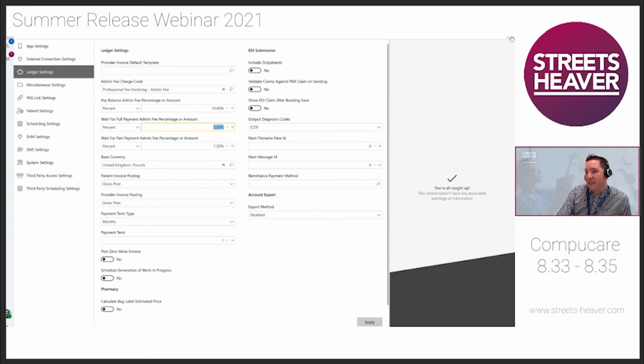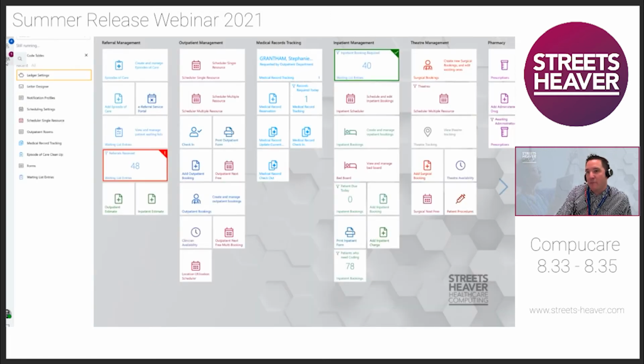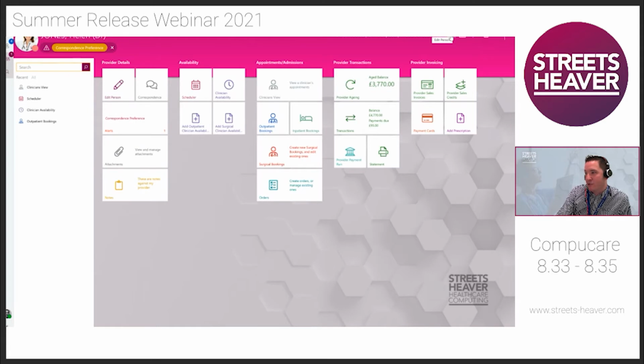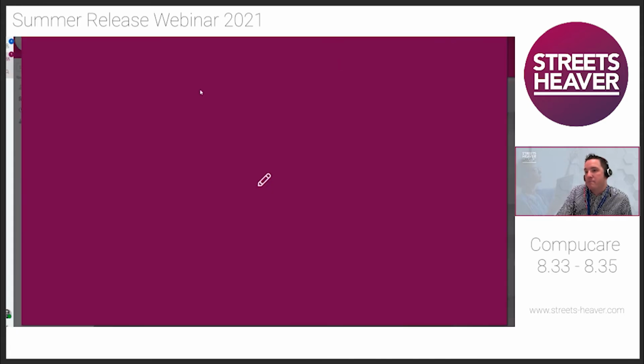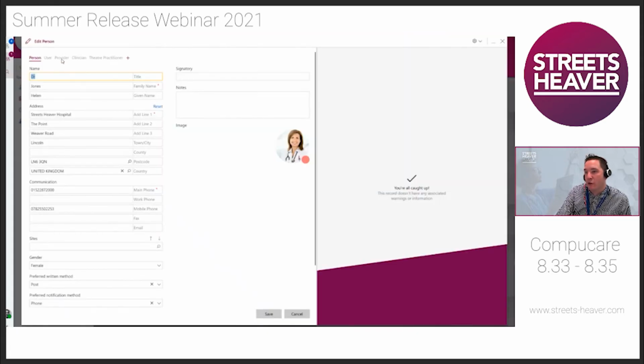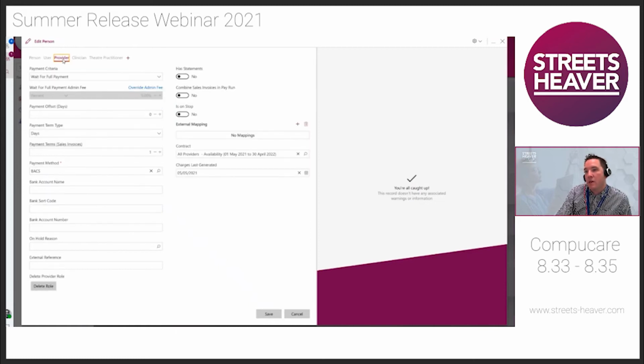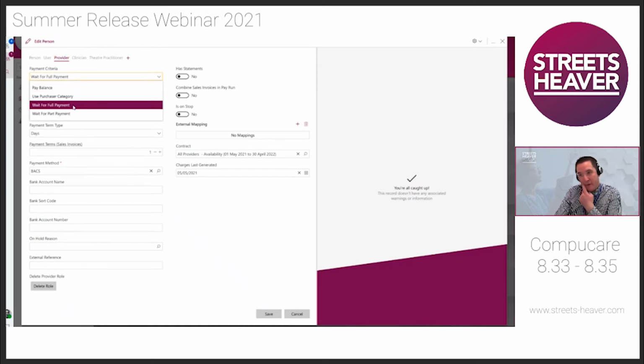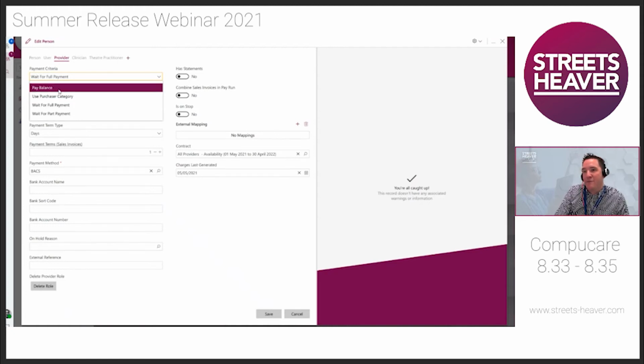So the next piece of how this works is if I come out of this settings screen and we'll just go back to Dr. Jones and drill into Dr. Jones's profile again. And we will have a look at her provider role. So you'll see here, when we collect professional fees on behalf of Dr. Jones, how do we do that? Do we wait for us to get the money in before we pay her, or do we pay her straight away? So if I was to say, you know what, we've agreed we're going to start paying her straight away,